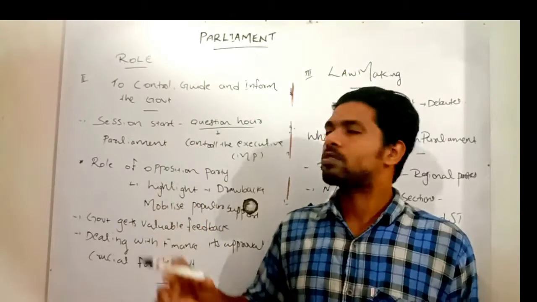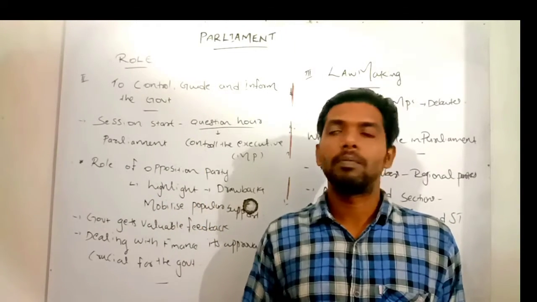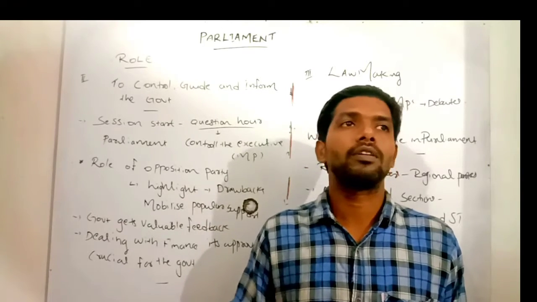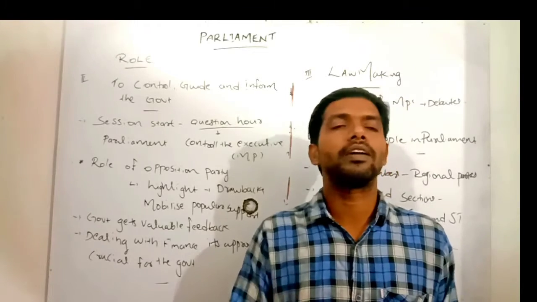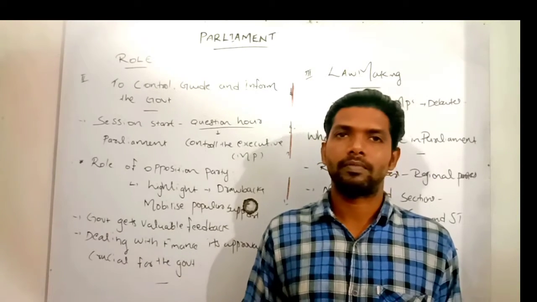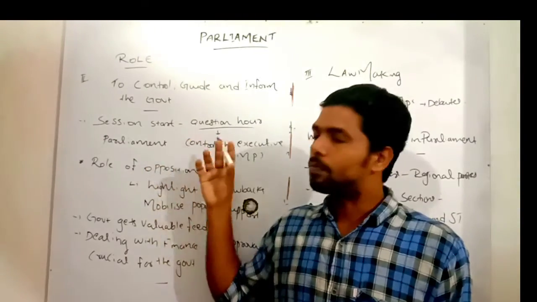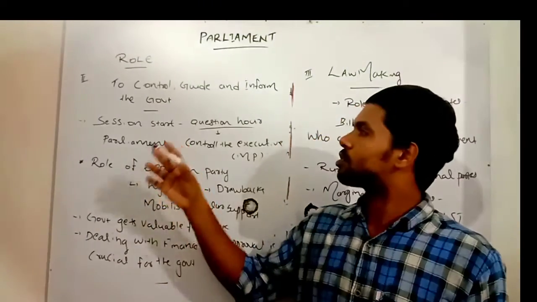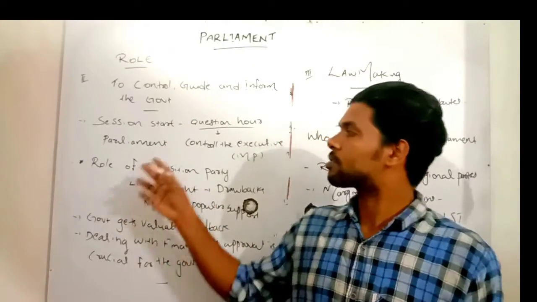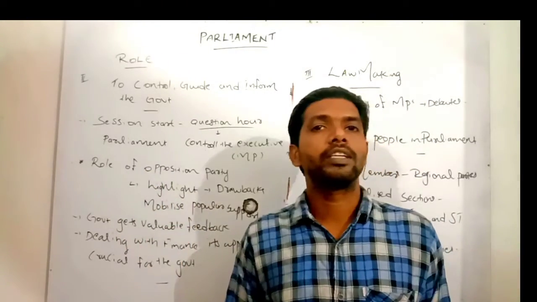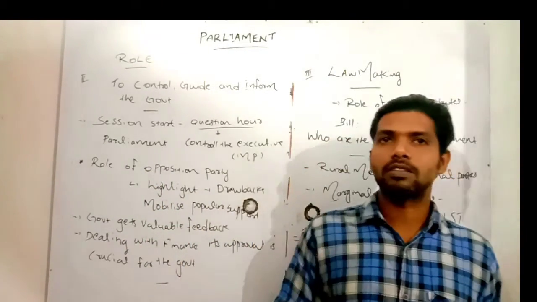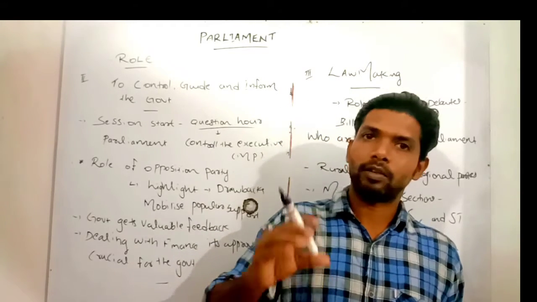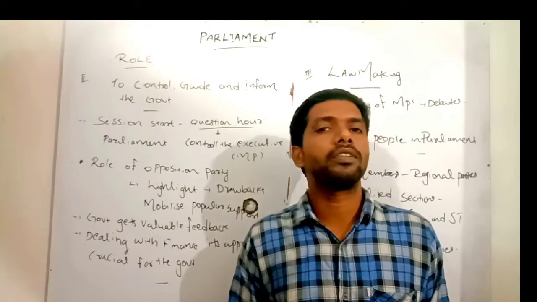In each and every question hour, our MPs, Members of Parliament, get a chance to ask questions about government functions, government laws, government policies, and government actions in different areas. So through that, our Members of Parliament, that may be the opposition party, ask questions to the government about their functioning. And the opposition party plays a crucial role in the democracy. Their active intervention and participation is the success of Indian democracy. They play a crucial role like our ruling party.